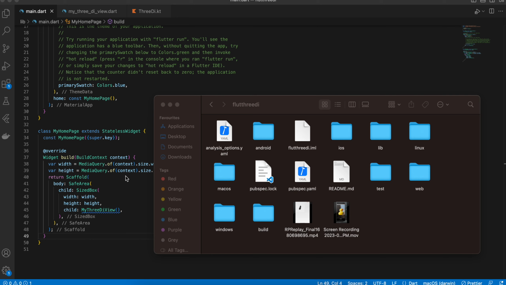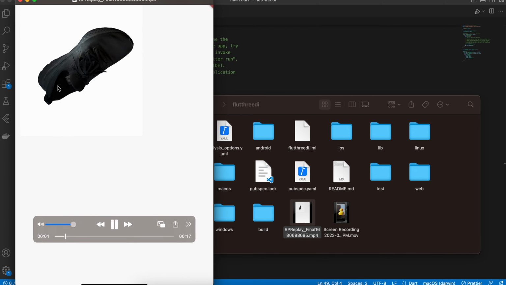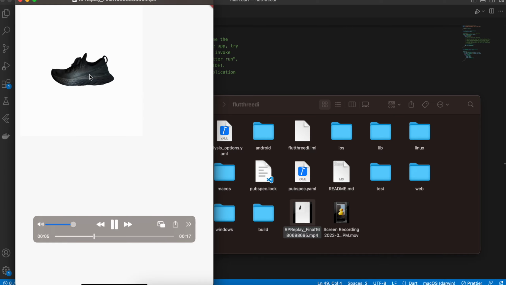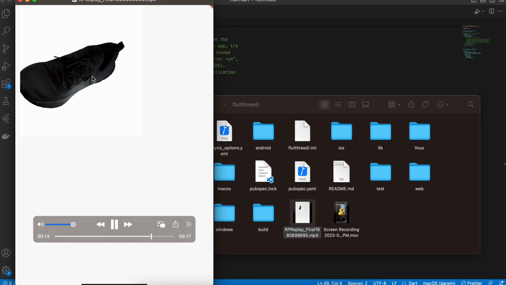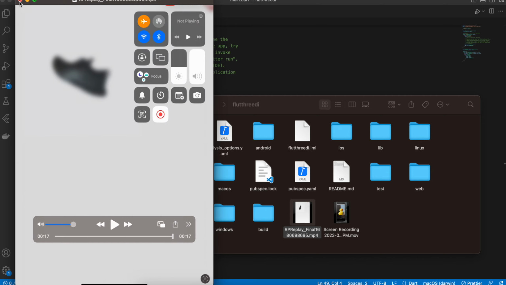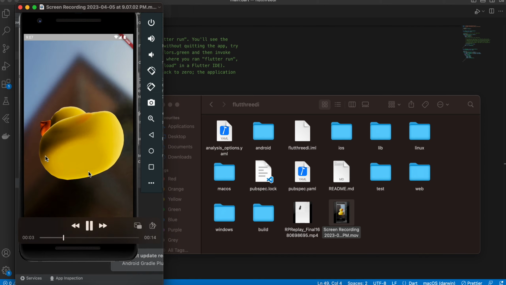So I want to show you guys the iOS video. Here you can see that I am displaying a Nike shoe and the 3D model format is USDC. That is the recommended format from Apple. I have not tried any other 3D model format. Here you can see I can zoom in, zoom out, rotate it 360-degree and all that good stuff. And here is the output for Android, and in Android I'm using a GLTF format,